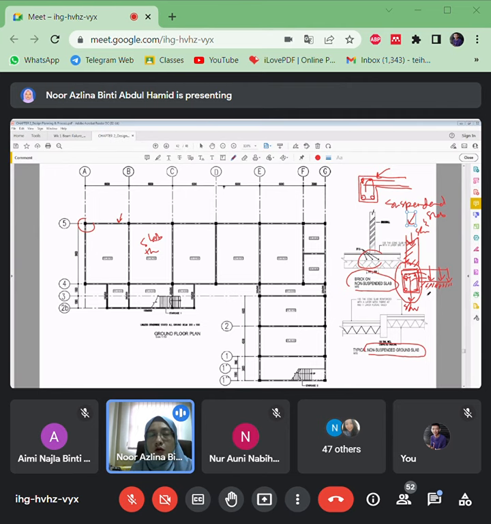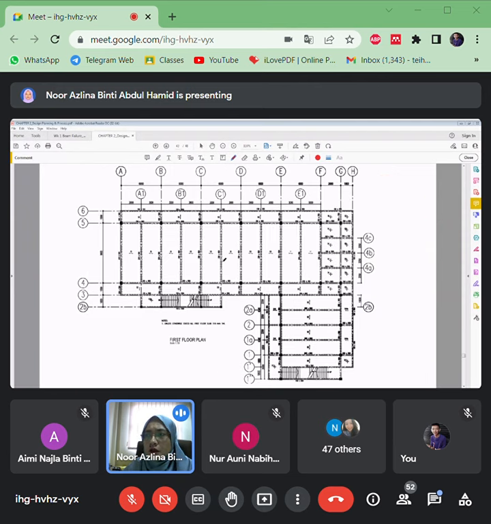Okay, if roof level, of course there are no slabs, right? Don't, for you, everything you want to calculate the slab. No, you have to check. That's why drawing is very important. If you look at here, you will see there are dotted lines, there are solid lines here. You see the solid line here.